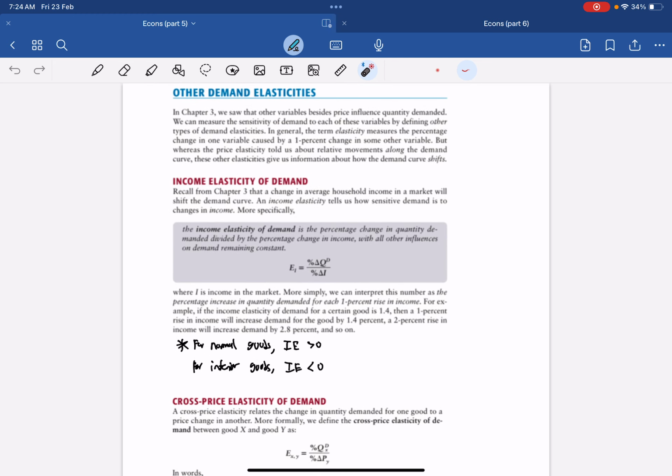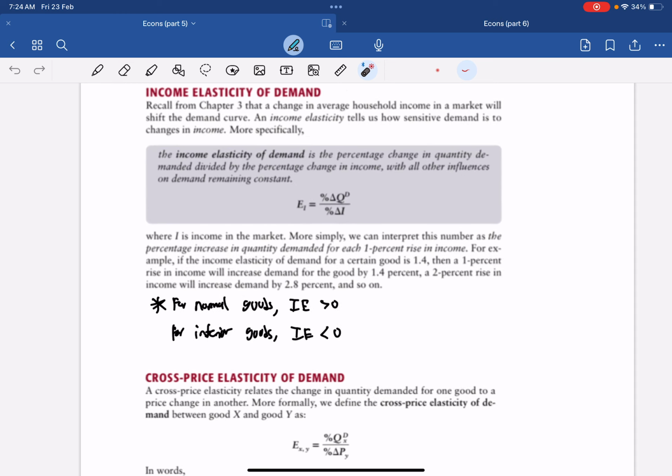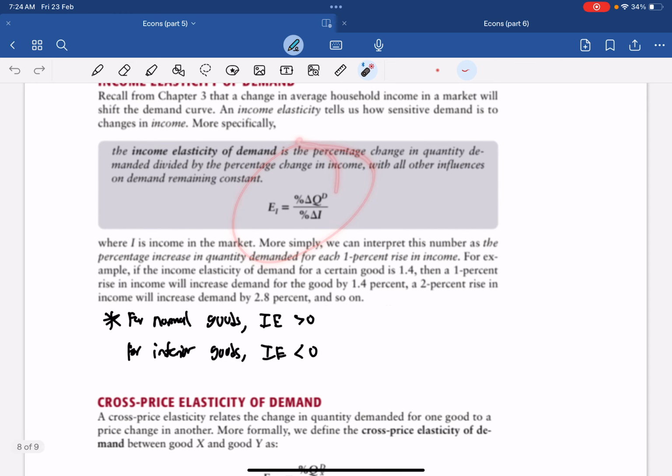Other forms of elasticity will be income elasticity. As you know, just now we saw that a change in price leads to a change in quantity demanded. For income, now we say the change in income leads to a change in quantity demanded. So the formula is the same. Everything else we went through is the same. Now, instead of categorizing the goods as elastic or inelastic,